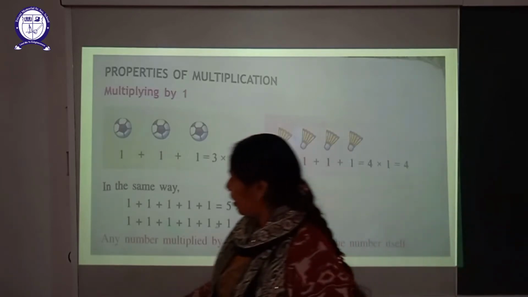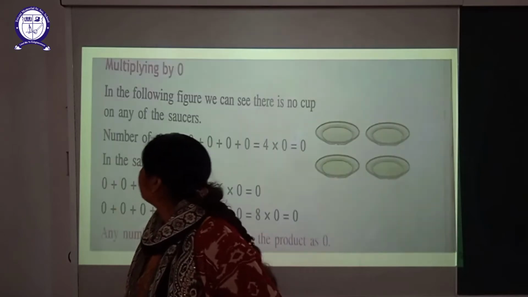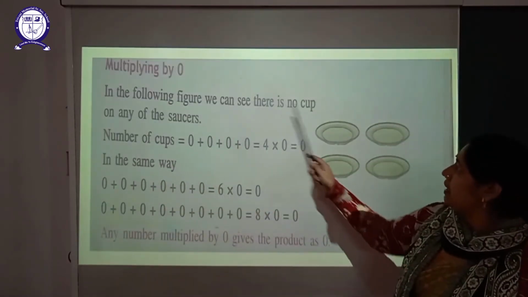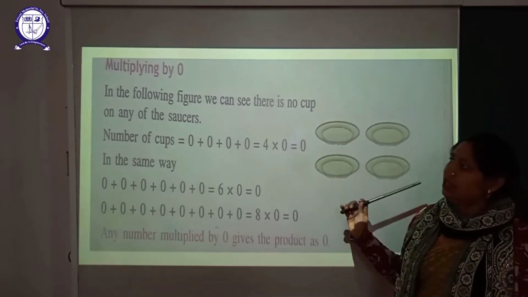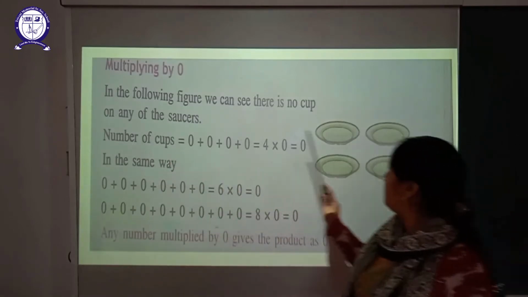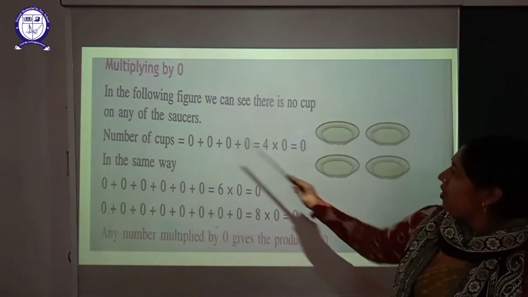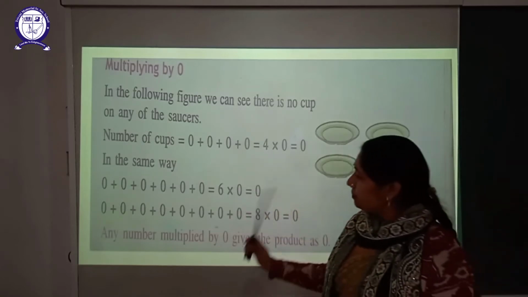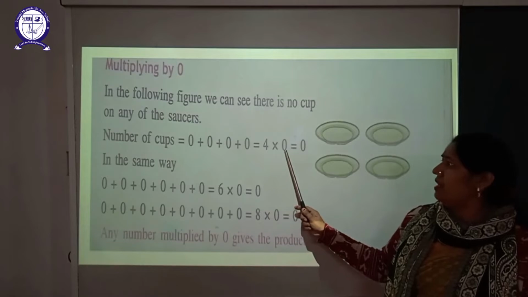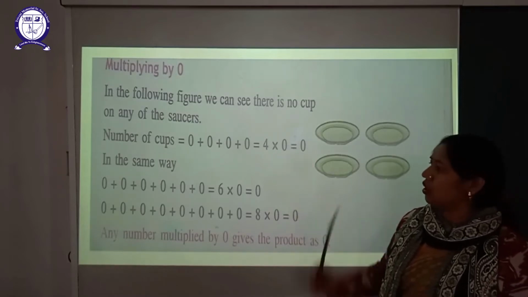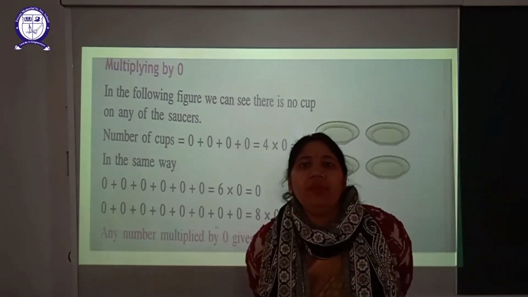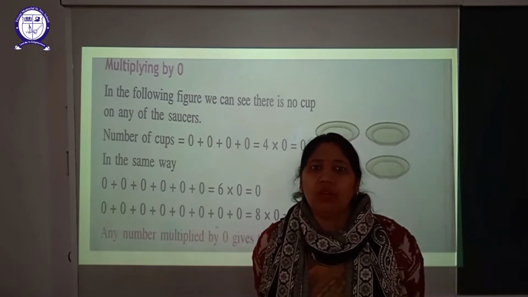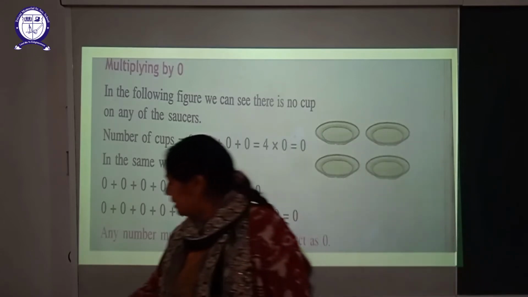So come to the next property, multiplying by 0. In the following figure we can see there is no cup on the saucers. So the number of cups is 0 plus 0 plus 0 plus 0. So when any number is multiplied by 0, the product is also 0. When we multiply any number by 0, the product is always 0. Okay. So come to the next property,